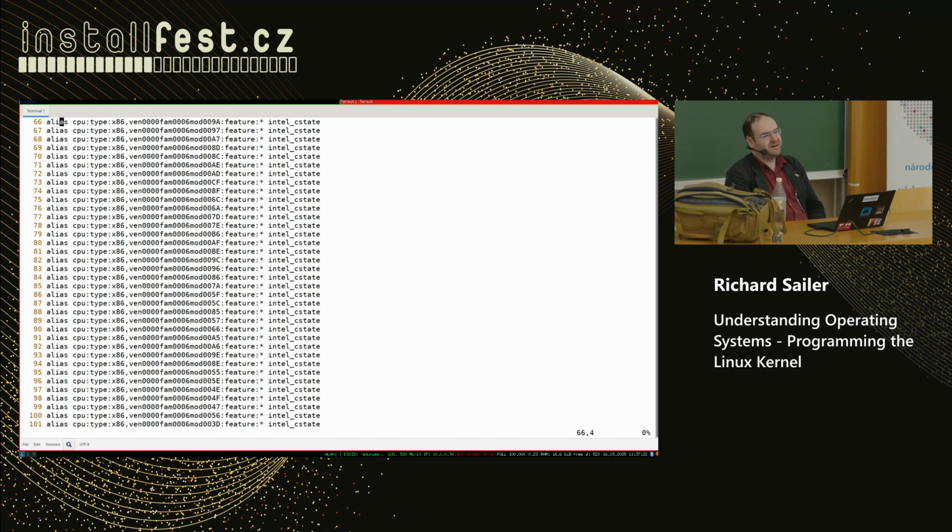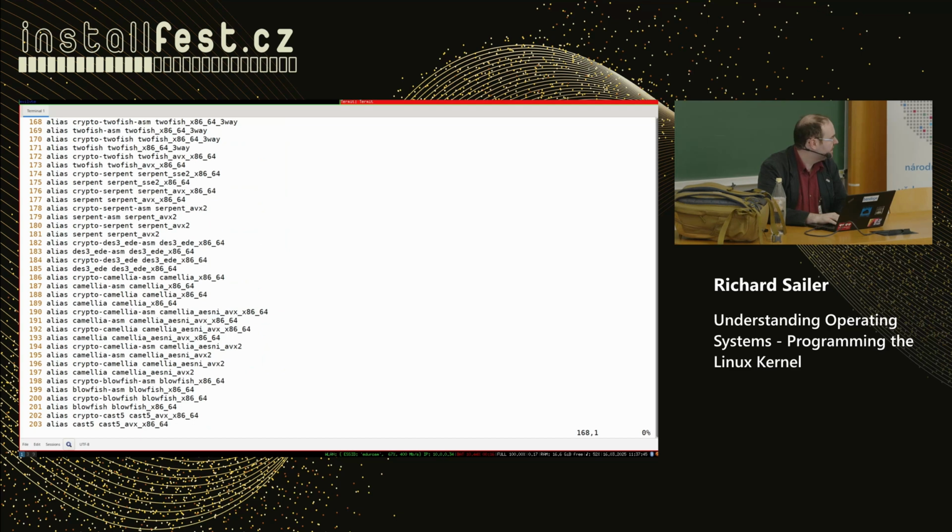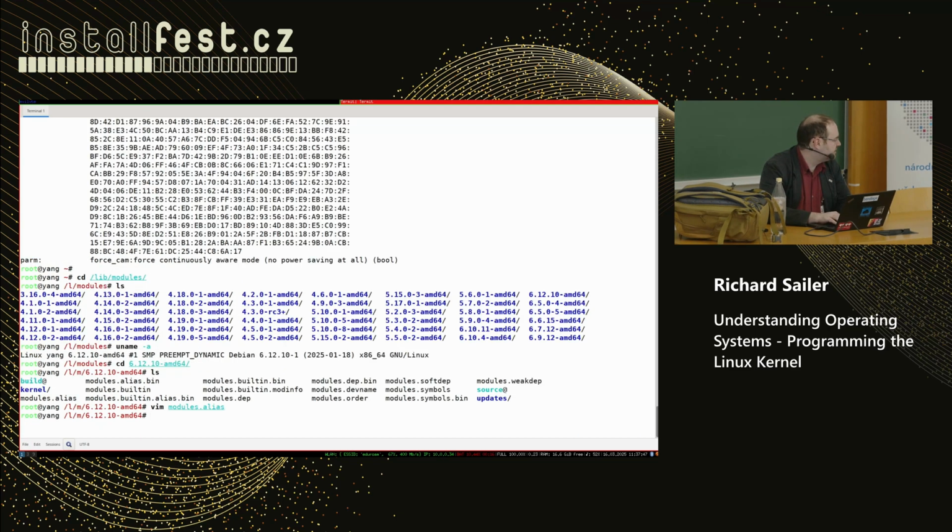module. The funny thing is people always think udev is super important, but most of the hard work is actually done by modprobe, by the kernel tools. udev is just there to, that's a bit mean to say, just to absorb performance. It does some things sometimes, but this matching is actually done by modprobe. But then there's also what you should know. There's a binary version of this file, because I think modprobe uses the binary version for speed reasons.